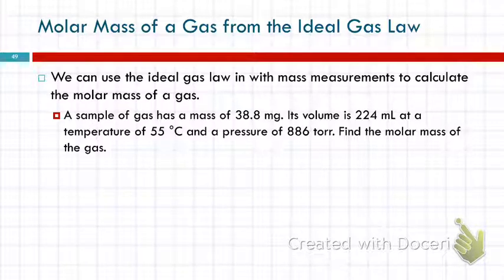Remember that molar mass is equal to the mass in grams divided by the amount in moles. So that's what we need. We need the grams, the mass in grams, and we need to know how many moles of gas are in this sample. Well, we're given the mass in milligrams, so we could convert that to grams,